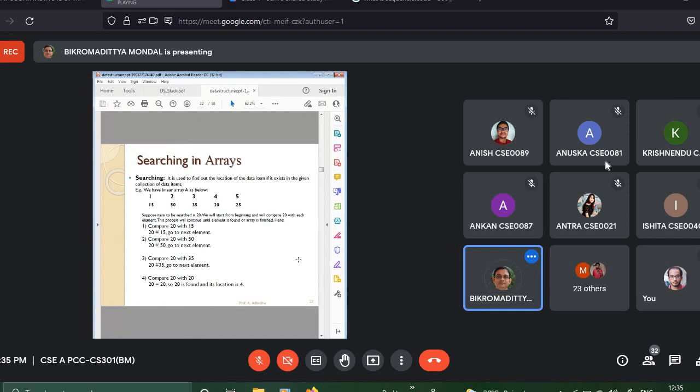An array with some elements will be given to us, and obviously the size of the array, and we have to check whether a particular value is present there or not. If it is present, we have to show at which location it is present, or otherwise we have to print that the data is not available. So that is the purpose of the searching operation.